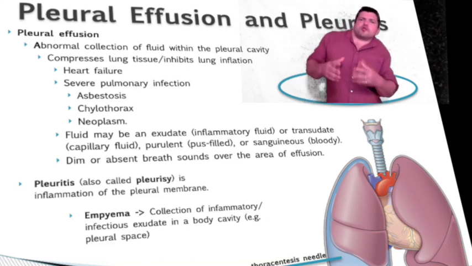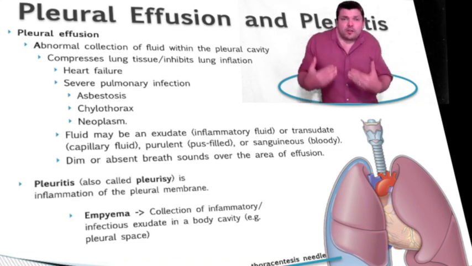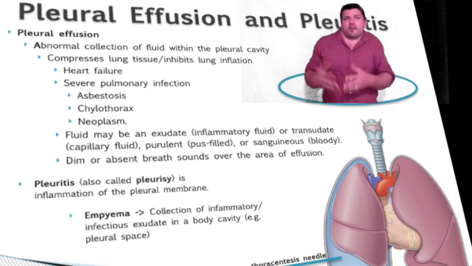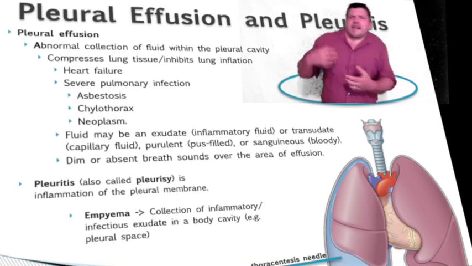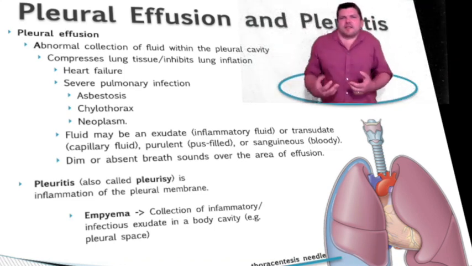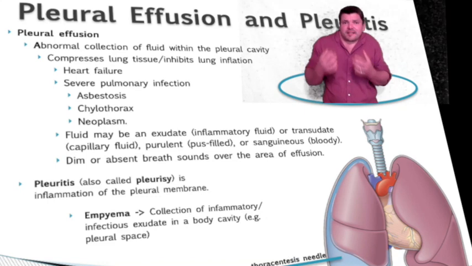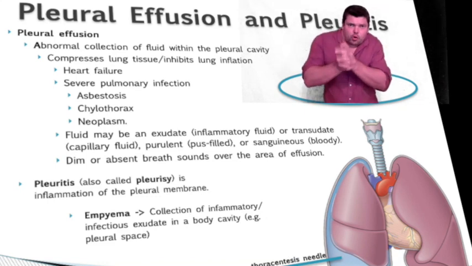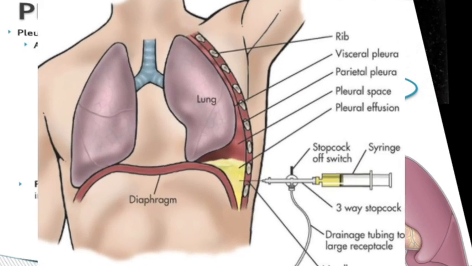I want to draw your attention to a specific term called chylothorax, which is a clinical term relating to the collection of lymphatic fluid specifically within the pleural space. You may hear terms like exudate, transudate, purulent, sanguineous, as terms that are used to describe the quality of the fluid that's collected there. Ultimately, if pleural effusions don't resolve themselves, they may need to be treated therapeutically by drawing